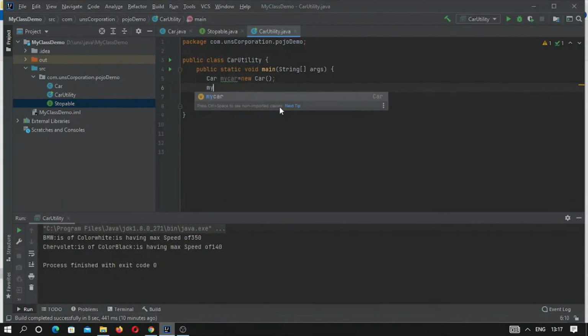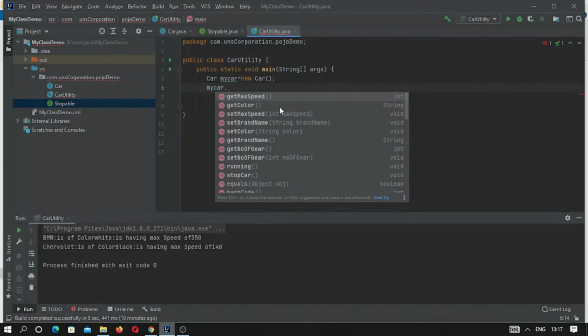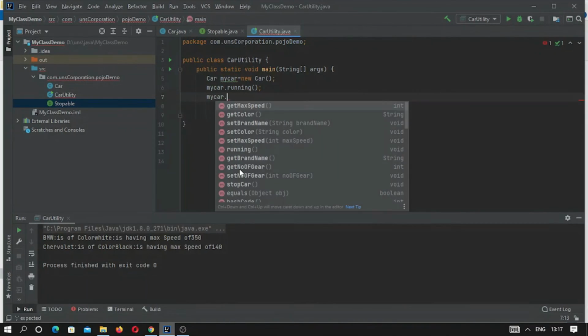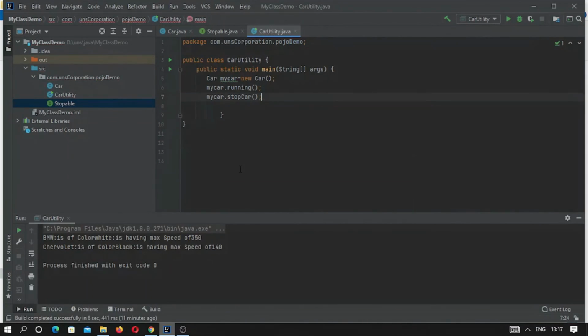Now myCar dot, you can see along with getters and setters we have these two methods, running and stop. So let me call running and the stop method.